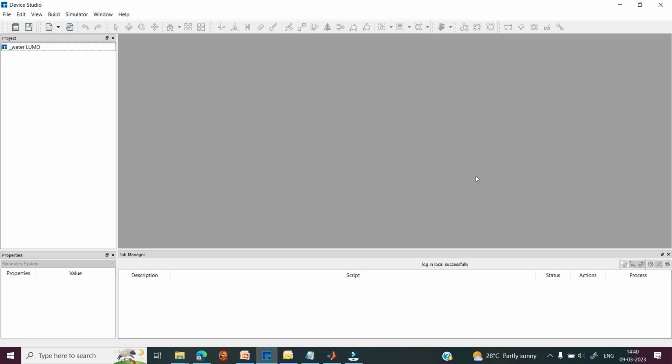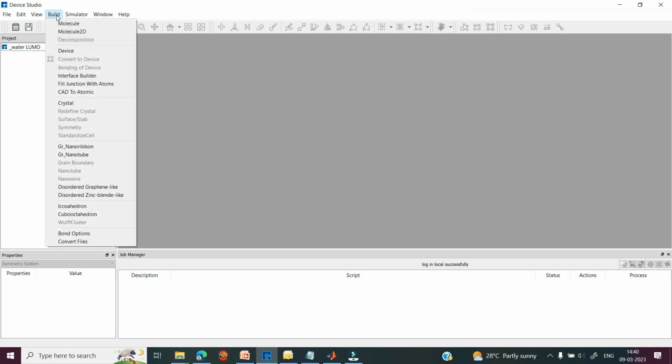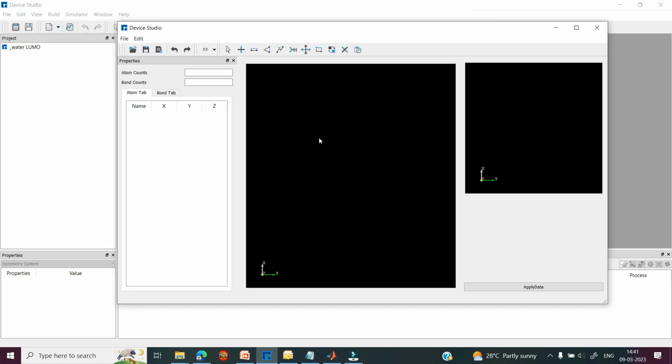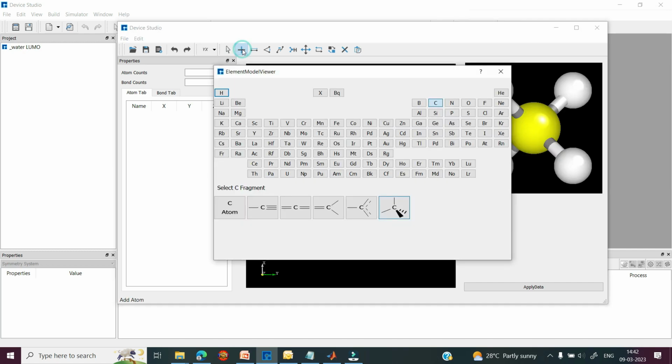So first I would like to create an H2O molecule. You can click on this build option and select this molecule. This is the molecule builder that will help you to build your simple molecule structure, complex molecule structure. So I would like to build an H2O molecule. You can click on this plus icon and the periodic table will open, and from the periodic table you can select any atom.